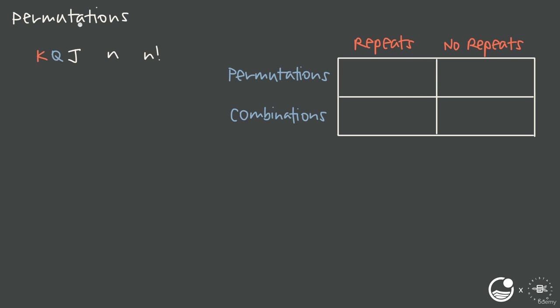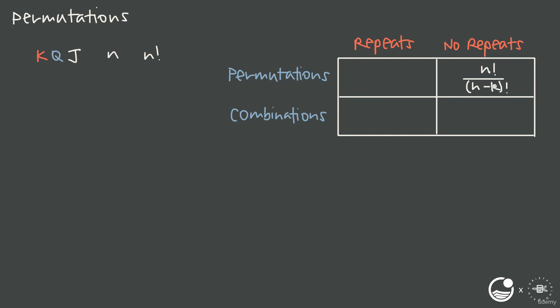We were just forcing the arrangement of the entire set instead of allowing for subsets of the arrangement. When we allow for subsets, we use a different formula, and that formula is the one that we'll put here. It's n factorial divided by quantity n minus k factorial. And the idea here is that we have n number of items in our set, and we're choosing k of